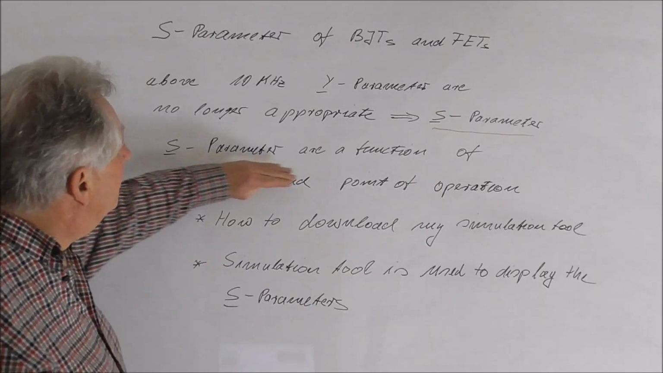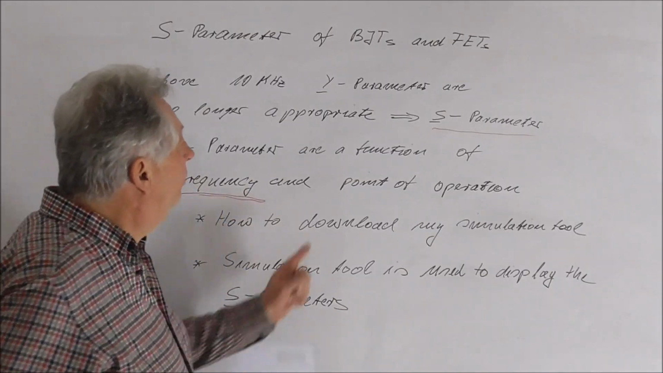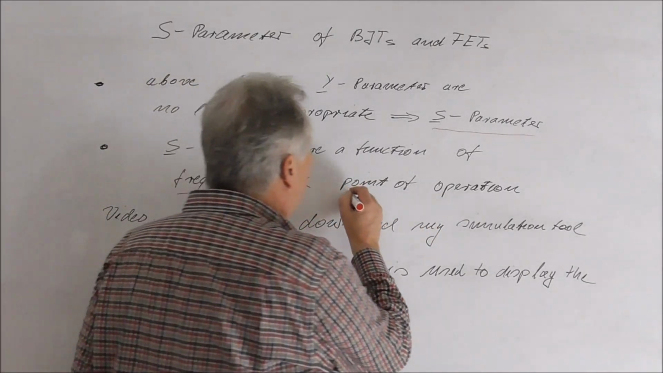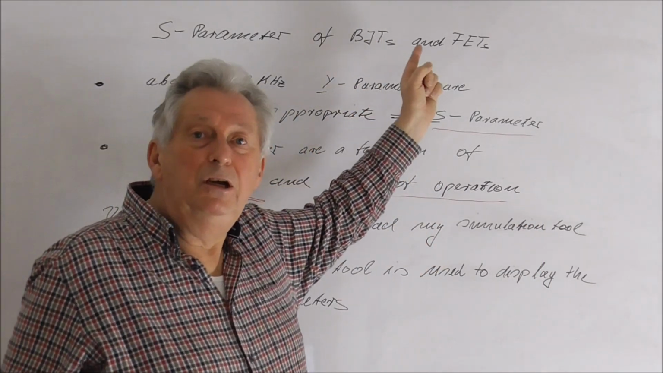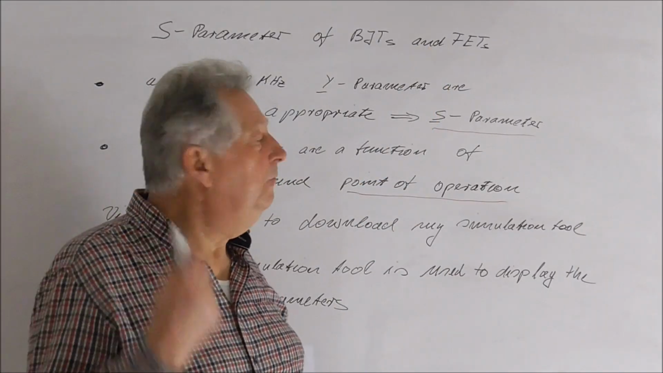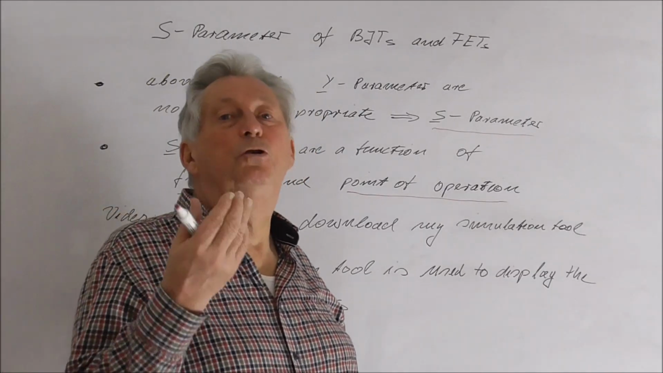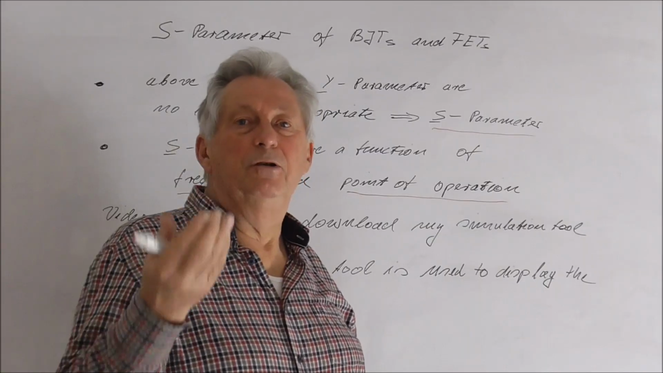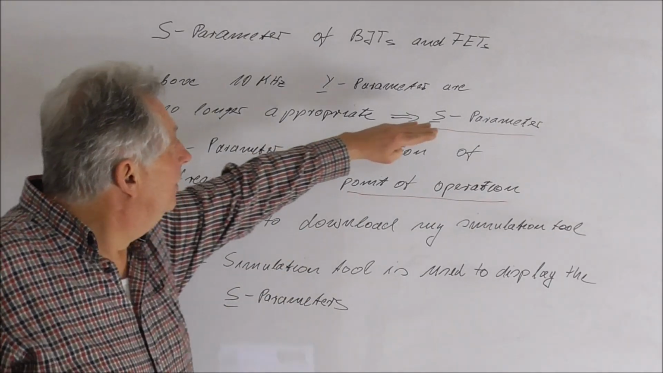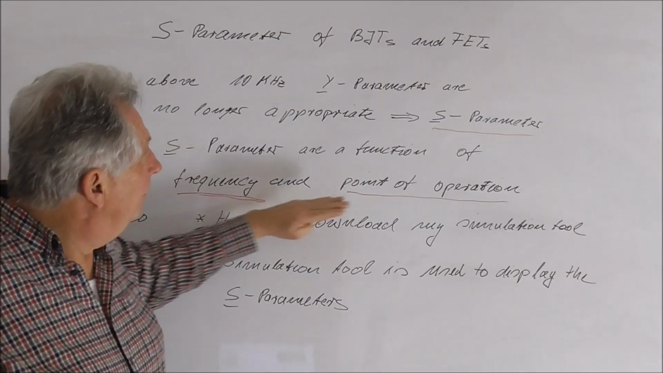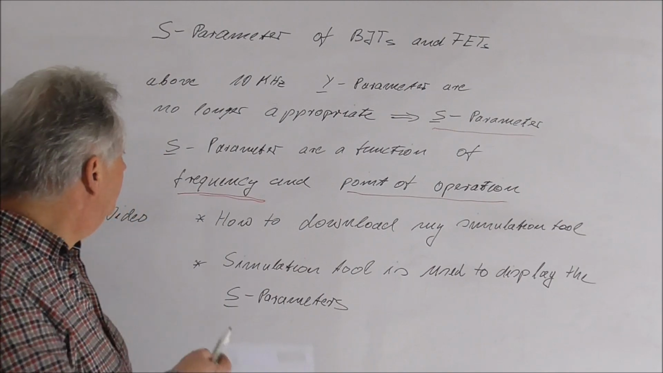And of course these S parameters will be functions of the frequency and of course of the point of operation. This means, if I have a BJT, then we have the voltage UCE and IC as parameters, the DC values, and also in the case of the field effect transistor, we'll have the voltage U drain source and the drain current as parameters. So these S parameters will depend on these values, and in this video I will demonstrate first how to download